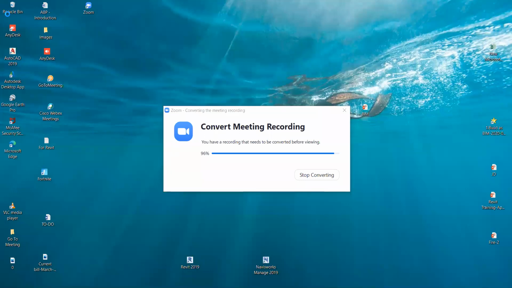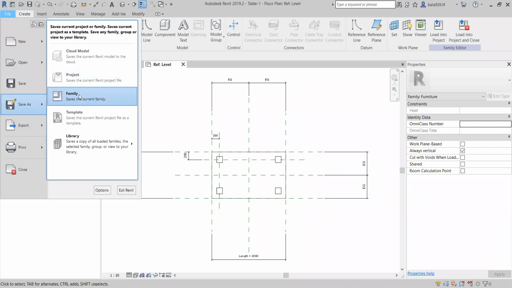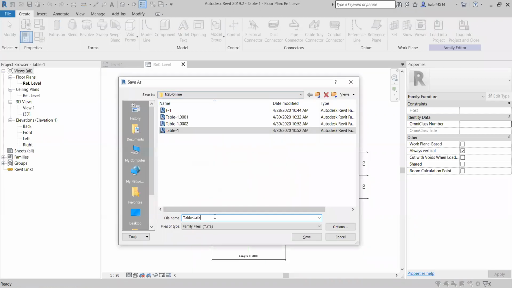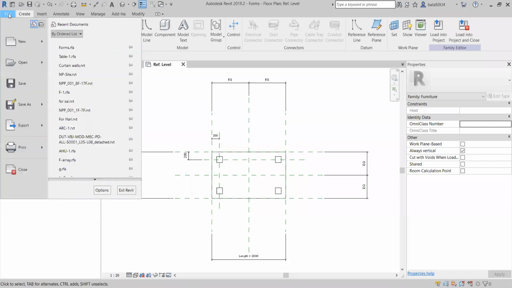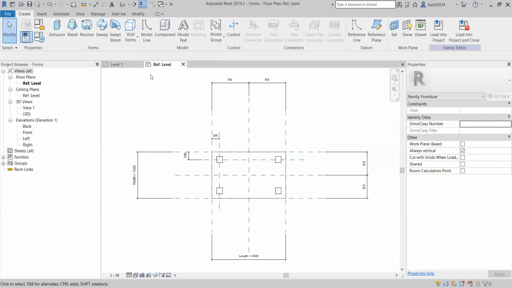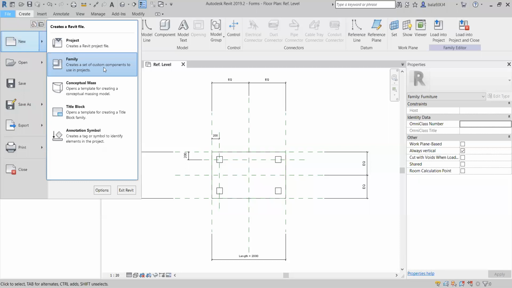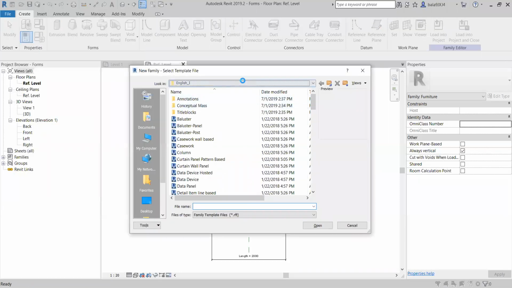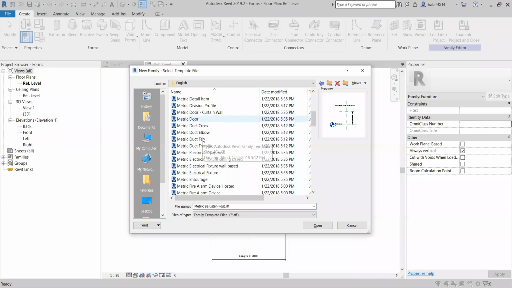which is very important in Revit. If you want to create any geometry, save as family. Let's say I'm going to create forms. Okay. So family, I choose the metric templates. Metric generic.